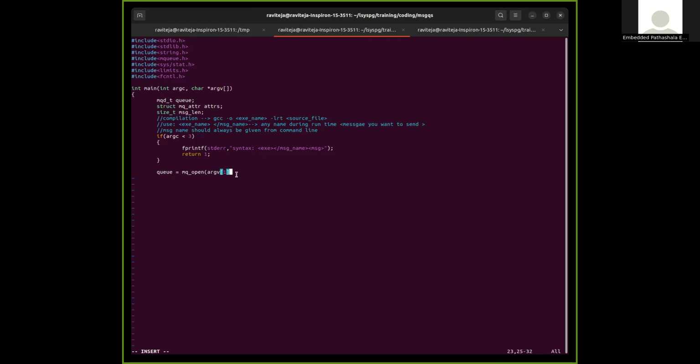Okay, now parameters: I want this to open in write only. If it is not there, you create it, and I am telling the permissions, and for the attributes argument I don't want anything for now, so it is NULL. Done. If q equal to (mqd_t) -1 means